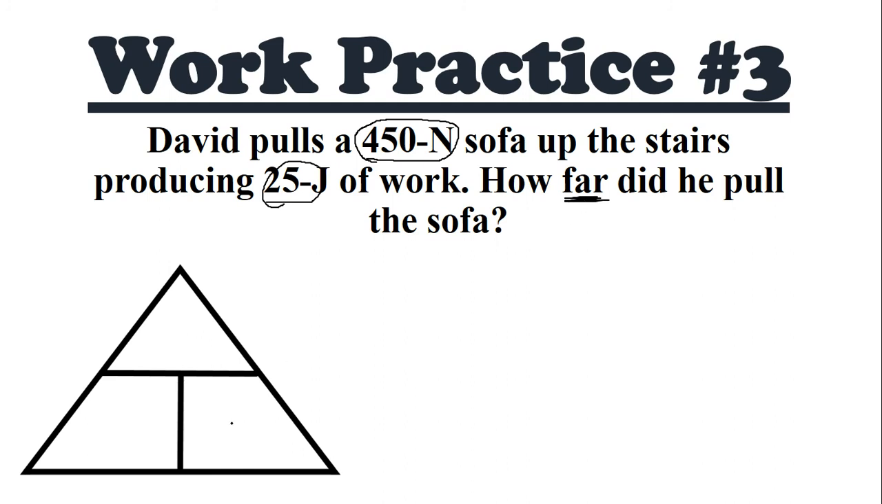So we're trying to find the distance. So we're going to leave little d in the triangle. At the top here, we go our work, which is 25 joules. And at the bottom would be the force. And the force here is 450 newtons. Now the numbers are on top of each other, so we divide. We would do 25 divided by 450. All right, because it's always top divided by bottom. And we would get